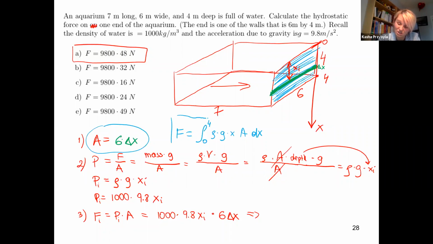I'm just really trying to give you a shortcut. That means you will have rho and g, which will give you 9,800. X is always the depth, and you have to put, oh, I'm a little bit wrong,